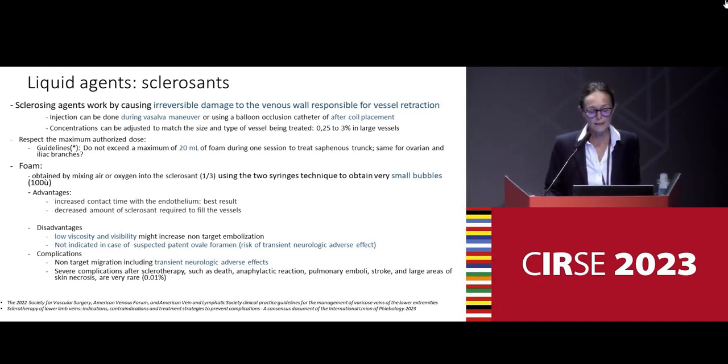We have no guidelines in PCS concerning the maximum dose we can use, but regarding what is done to treat a saphenous trunk, we do not exceed a maximum of 20 milliliters of